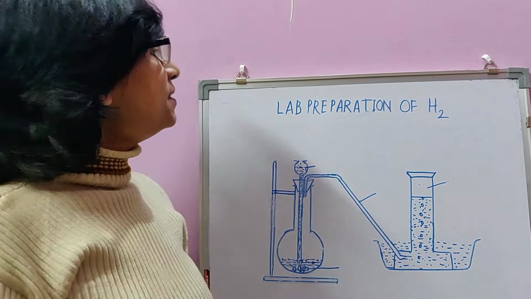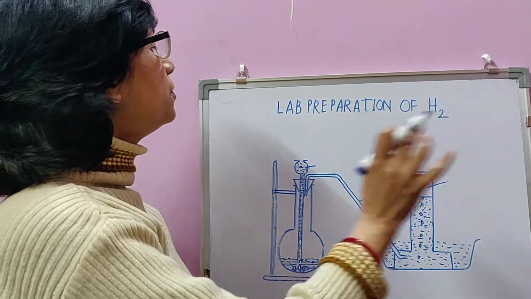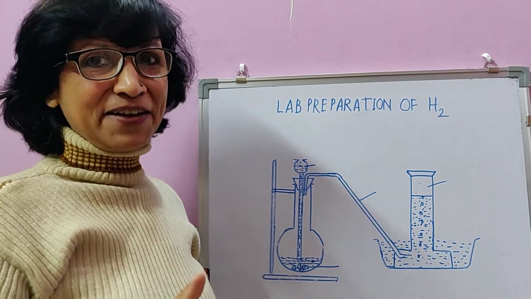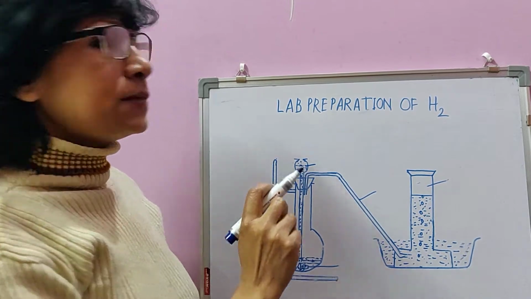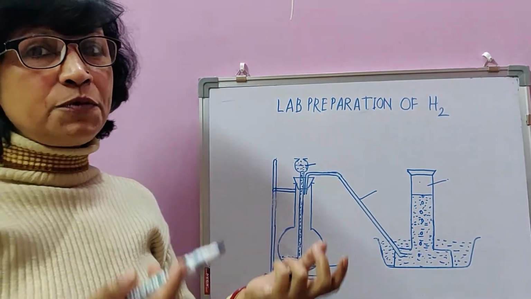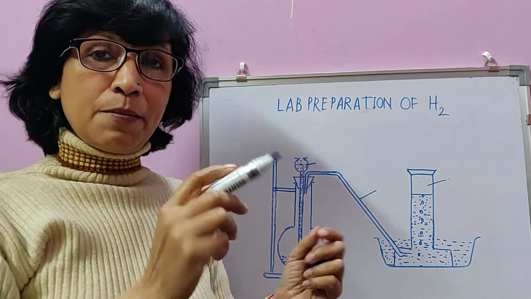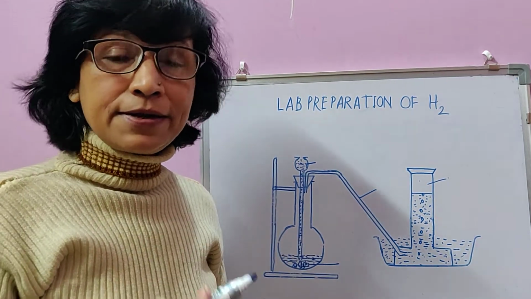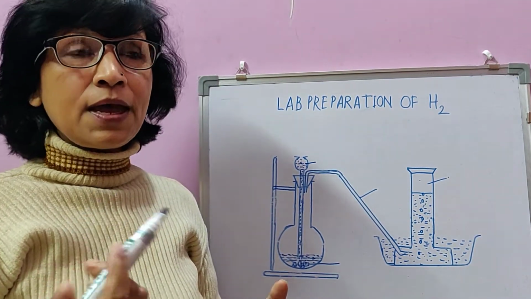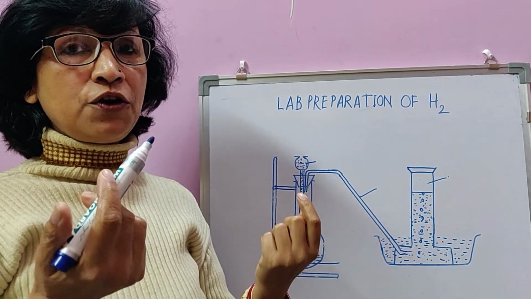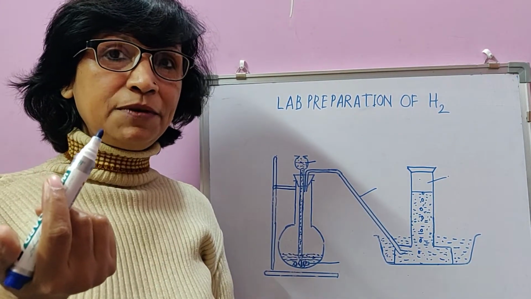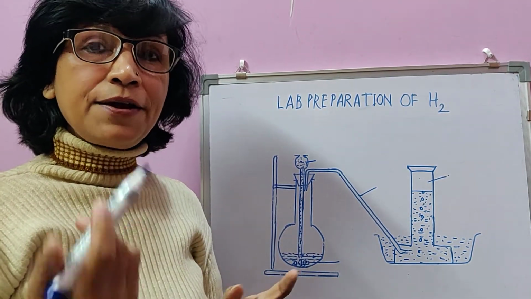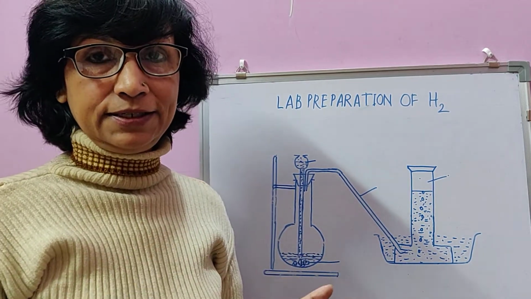Dear students, in this video we'll elaborate on lab preparation of hydrogen, already taught to you in your live class today. Children, we already discussed the method of preparation of hydrogen from water by the process of electrolysis and then by reaction of active metals with water. And the next method of preparation of hydrogen, which we already started in the previous video, was preparation of hydrogen by action of active metals on dilute acids.